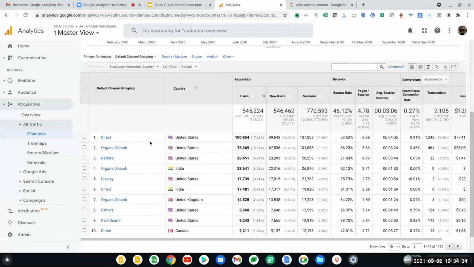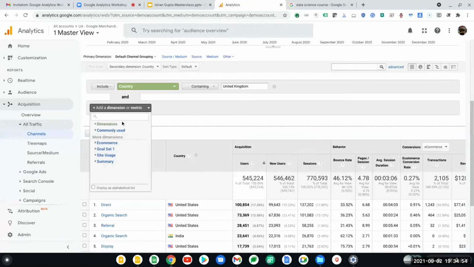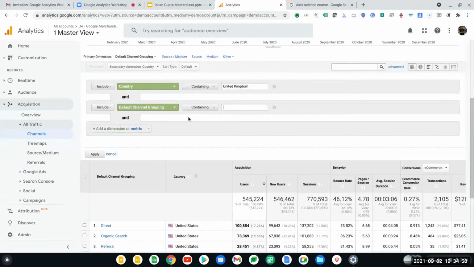What we can do next, to make it simpler, is that I can click on advanced here and apply filters. Let's say I apply a filter for United Kingdom. Then because you're only bothered about display, let me apply a filter for display as well. So you can apply multiple filters.